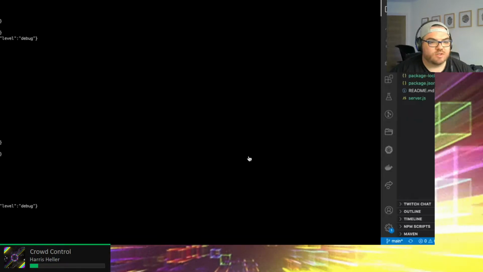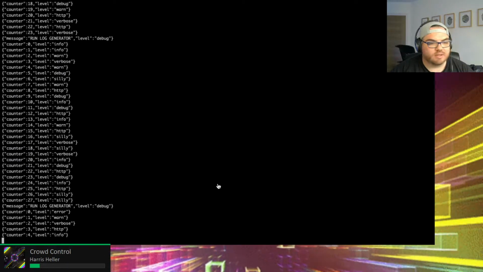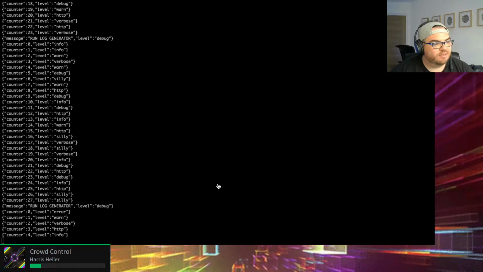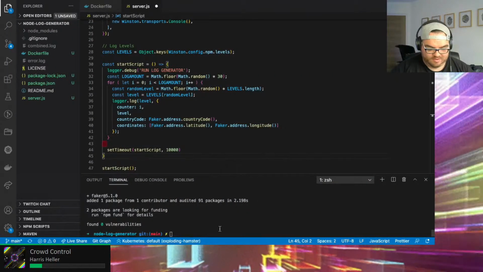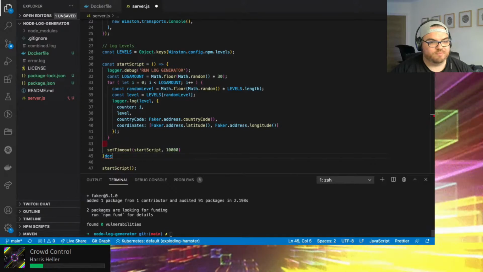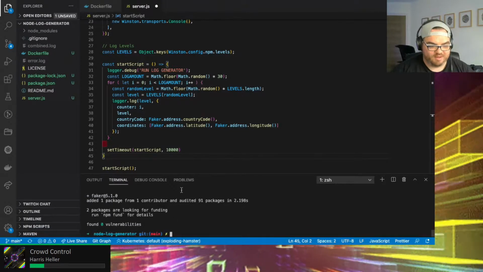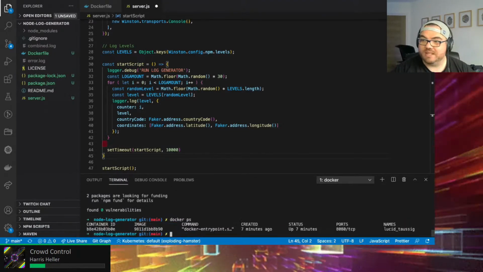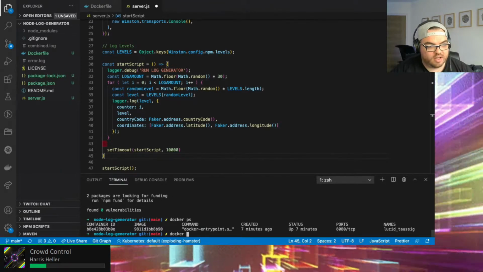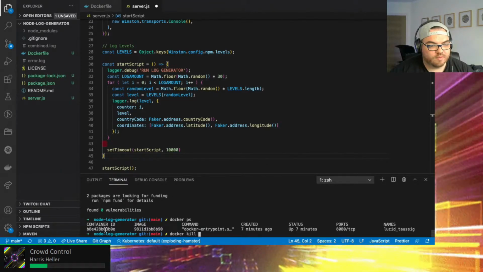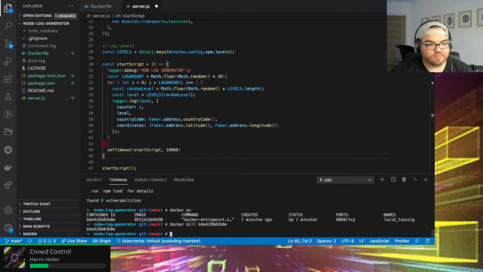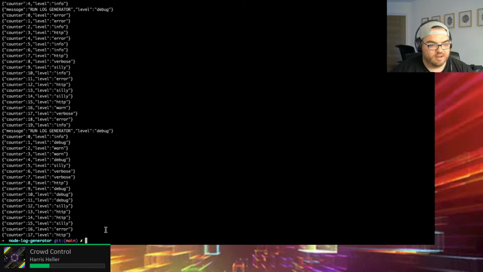Okay. Let's do this. Oh, yeah, I'm going to have to kill it. Docker. No. Don't type your command there. Type your command here. Docker PS. Docker kill container ID. Cool. Back here.